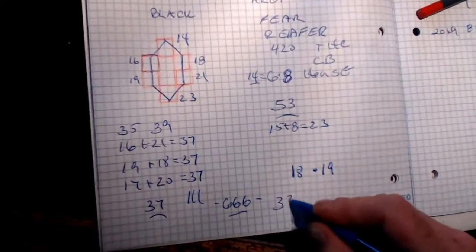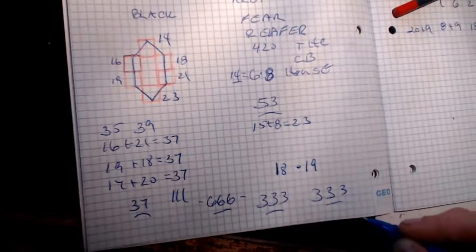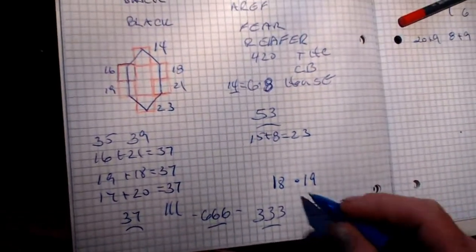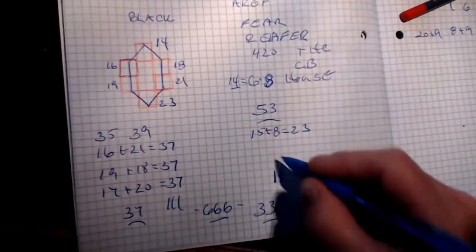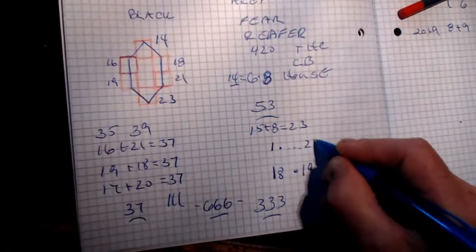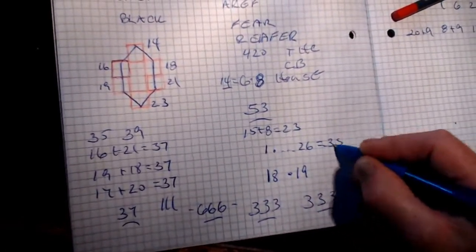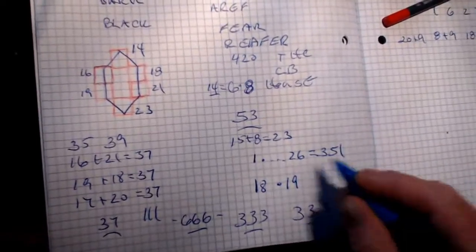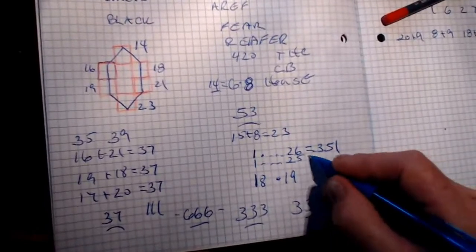If we had to align 333 to 333 on the wheel, you would have to count, I'm just trying to think, 1 over 226 equals 351. So if you go 1 over 225, it equals